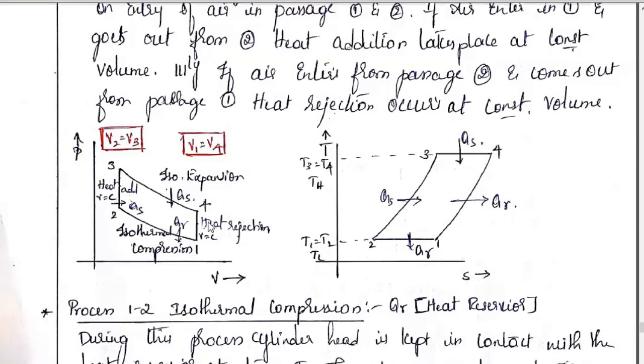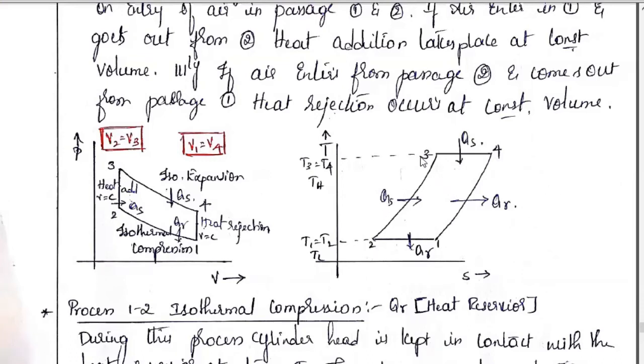3 to 4 is constant temperature expansion, we call it isothermal expansion. So I have shown 3 to 4 over here. Heat addition occurs, heat supply occurs. T3 is equal to T4. Meanwhile, in heat rejection, the temperature decreases at constant volume. So I have shown 4 to 1 over here, where heat addition occurs in two ways, and heat rejection occurs